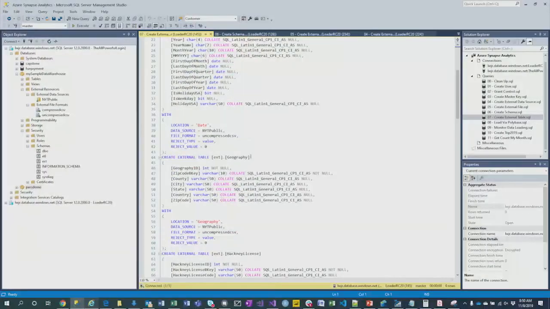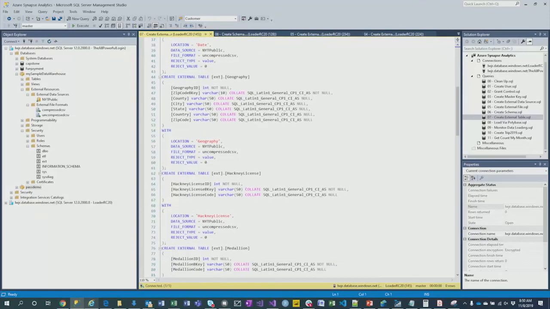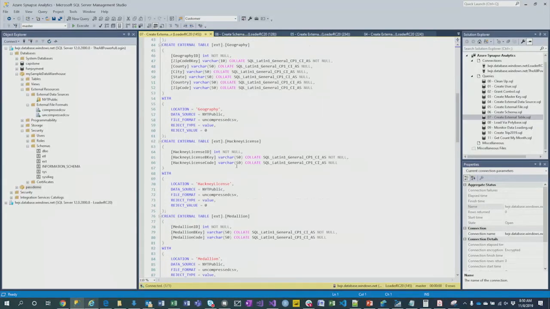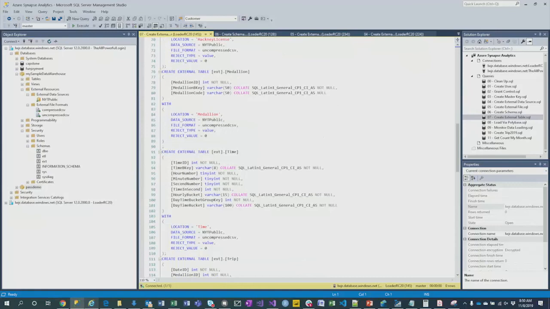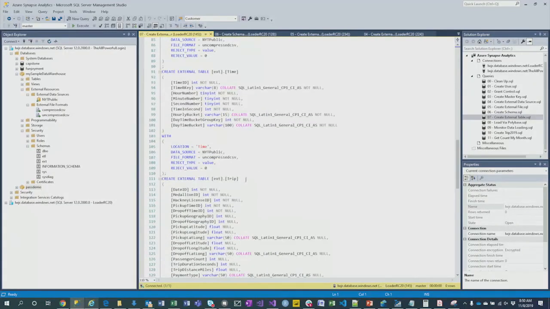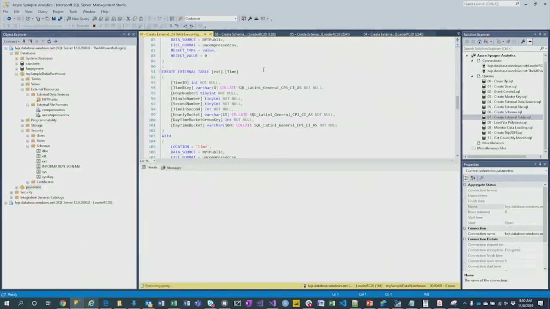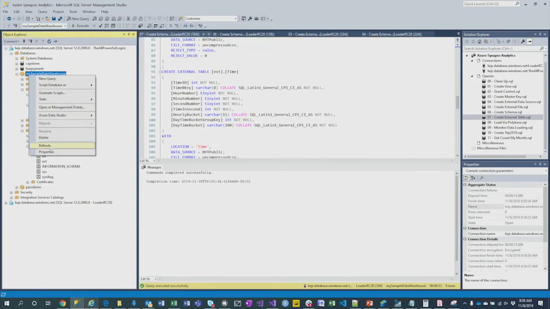Okay, we're going to create a geography table. We're going to create this license, medallion, and the timetable, and then a trip. So I'll go ahead and run this. It'll be a few seconds here. Okay. So if we do a refresh,